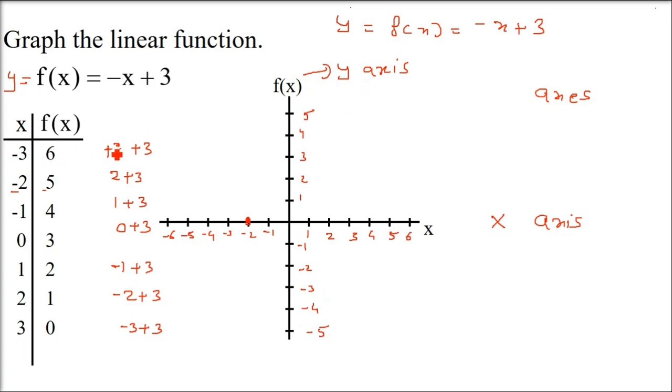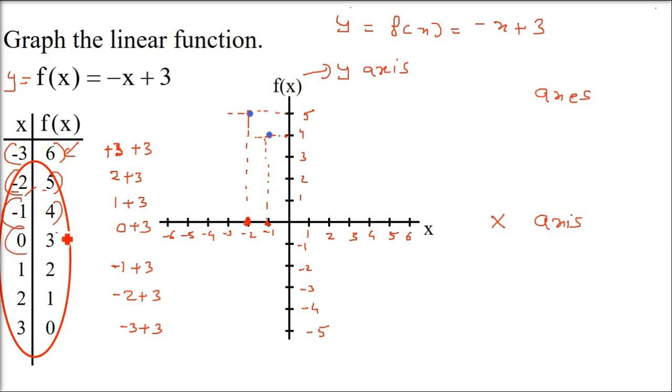Okay, now take the values. I'm taking the second value first because we'll start with the second one. -2, 5. x is -2, y is 5. Now take this line, the intersection of these two will be our graph plotting. This is the first point. -2 and 5. Second one is -1 and 4. This is -1. Now this is 4. Just extend it parallel to the x and y axes. This is the second point. -1 and 4. Then 0 and 3.